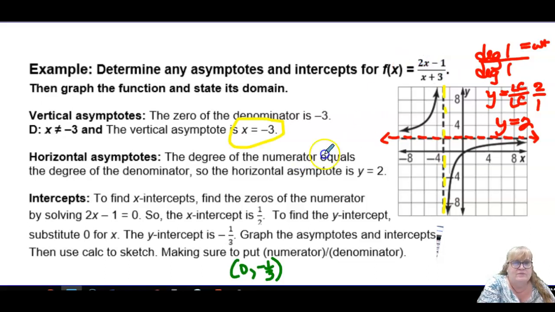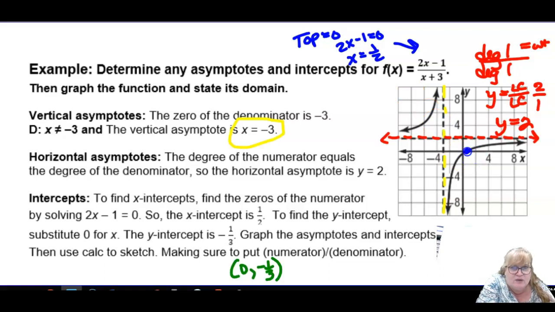All right, then finally, the x-intercept is when the top is equal to 0. So that would be 2x minus 1 equals 0, x equals 1/2. So it is crossing the x-axis at 1/2, negative 1/3 on the y-axis, 2 asymptotes, and then after that, you